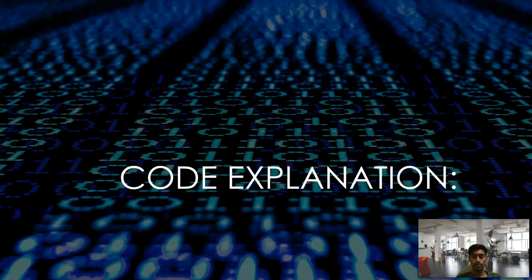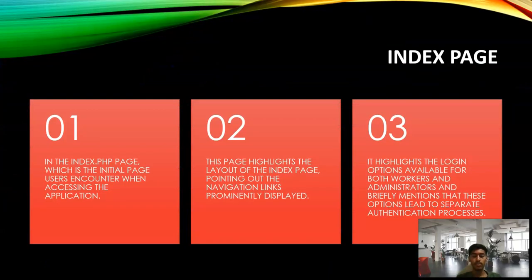So now is the time for the code explanation. The code consists of various .php pages which are interconnected with each other to provide a valid output. The first page is the index page, which is the initial page that a user encounters when accessing the application. This page highlights the layout of the index page, pointing out the navigation links prominently displayed. It highlights the login options available for both workers and administrators and briefly mentions that these options lead to separate